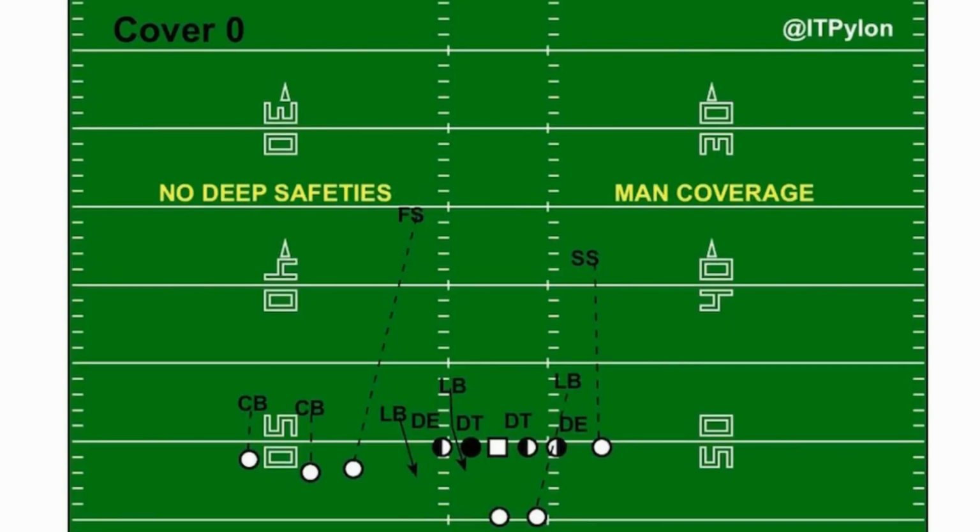Okay, cover 0 is both a nightmare and awesome from a quarterback perspective. What I mean by that is there's nobody back here. Nobody back here. We used to call it birds on a fence. They'll keep coming down inside of right about 8 yards. You're not going to play cover 0 from 15 yards like a punt coverage. You're going to be down here in about 8 yards, strong safety down. Everybody's tight. It feels like they're going to try to get you with a punt block. And you're going to come back, we're going to block it up and take shots down the field if we have the